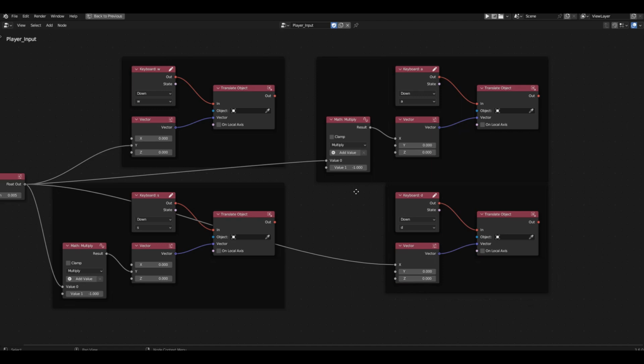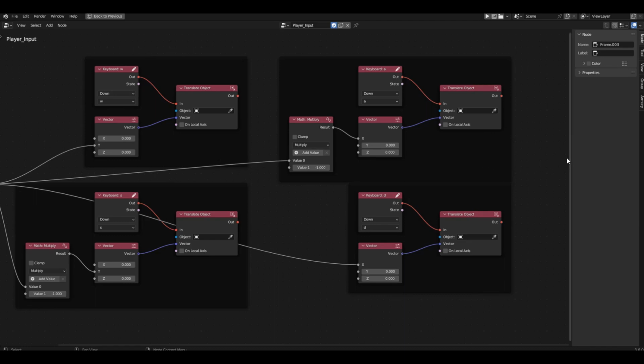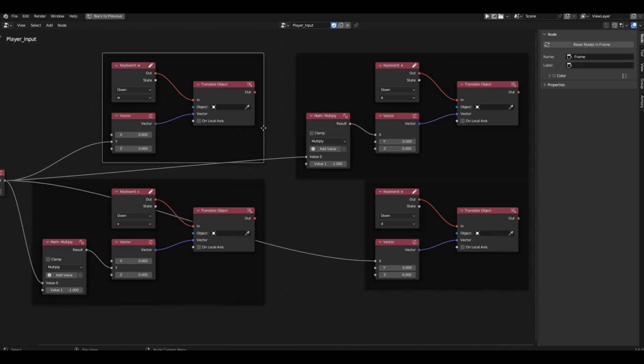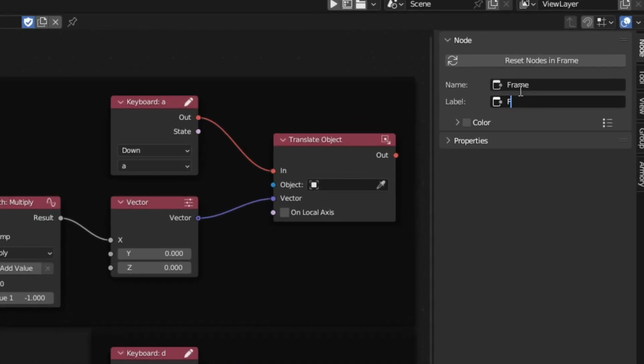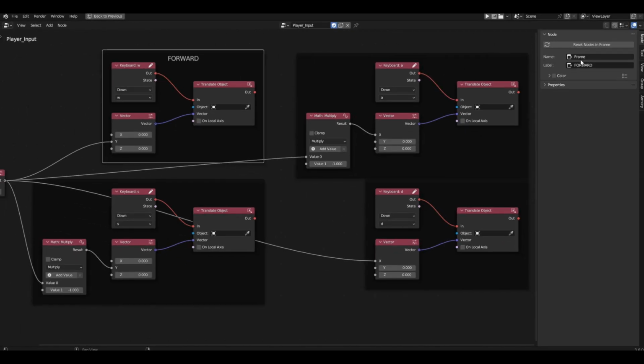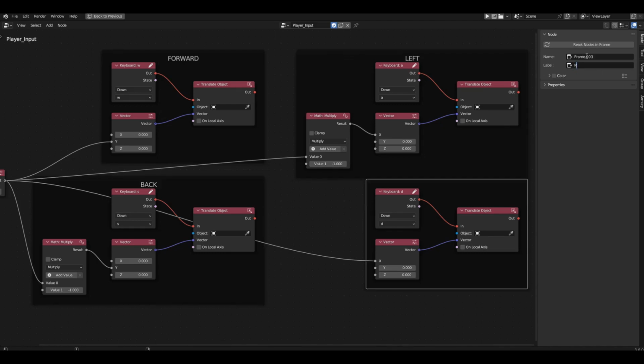To do this, you'll have to remember what the right panel is and how to open it. If your memory is failing you, I remind you. The right panel opens with the N key. For convenience, you can make it a bit wider by dragging the edge. Select the first frame and write its name in the label field. For example, forward. Now, we see this label on the frame, and it's enough to look at its name to understand what's inside. Let's label all the frames with the corresponding labels.